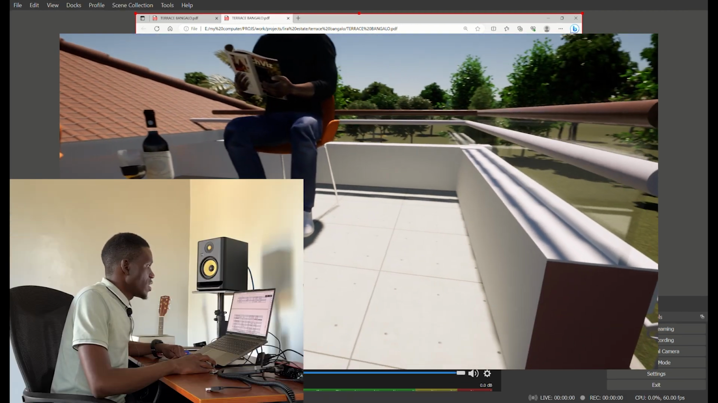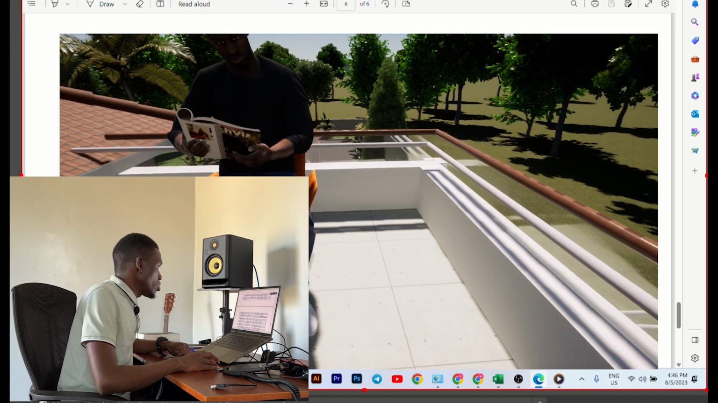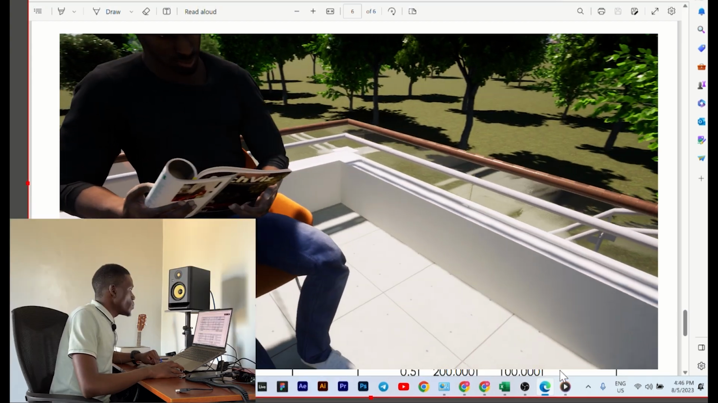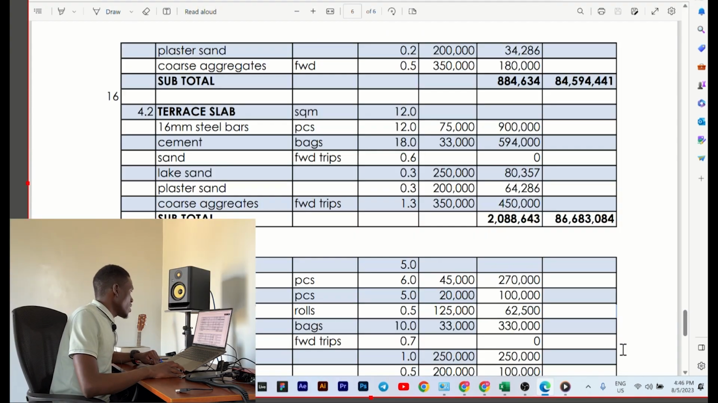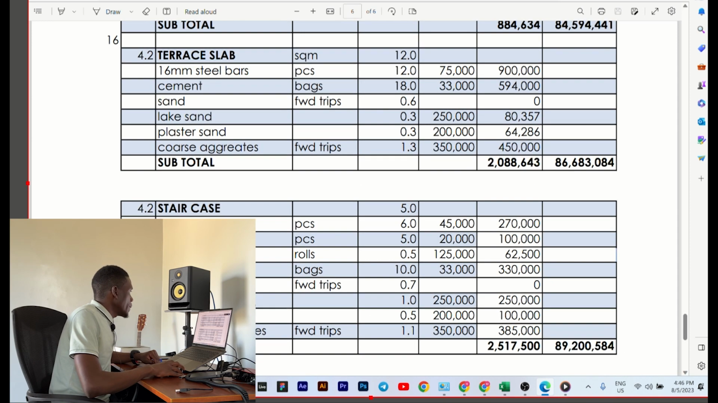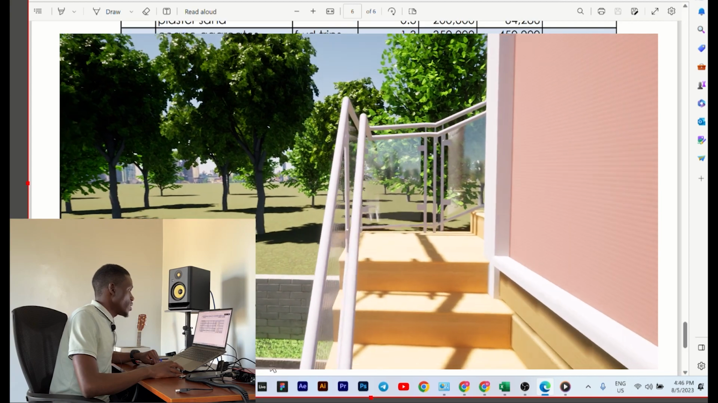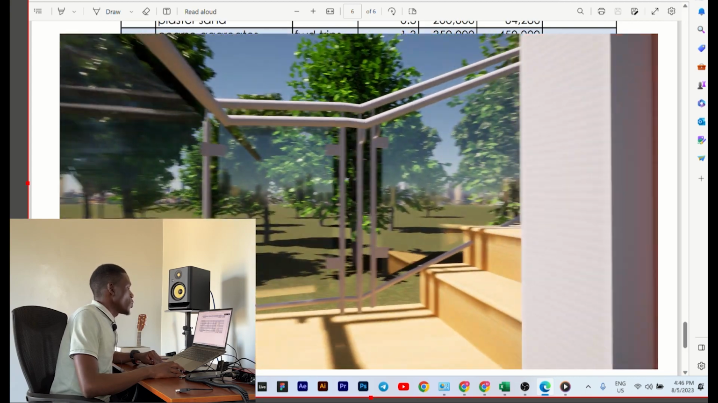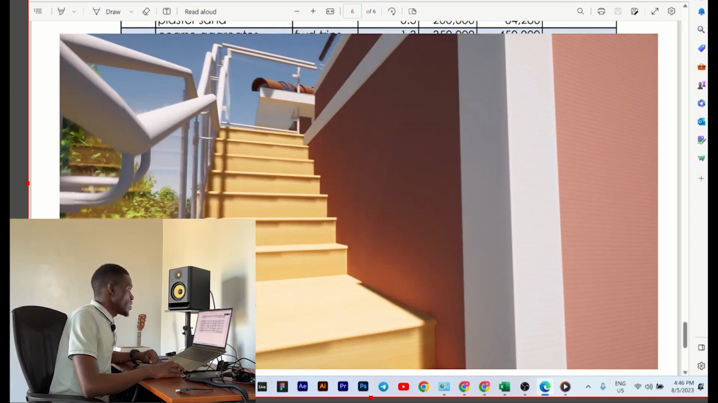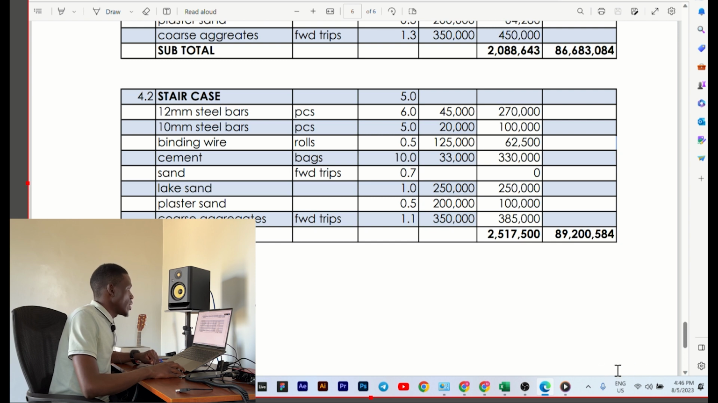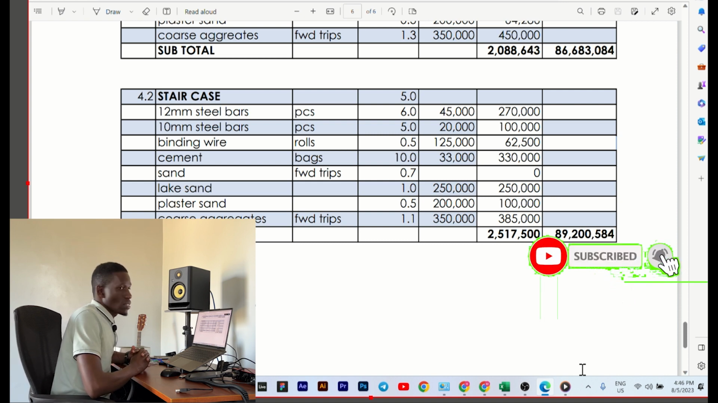884,600 shillings. For our terrace slab we'll spend 2,088,600 shillings. Then for the staircase that will enable us access the terrace, we'll spend 2,517,500 shillings. And now the grand total that will help us buy the materials that will build this 3-bedroom bungalow